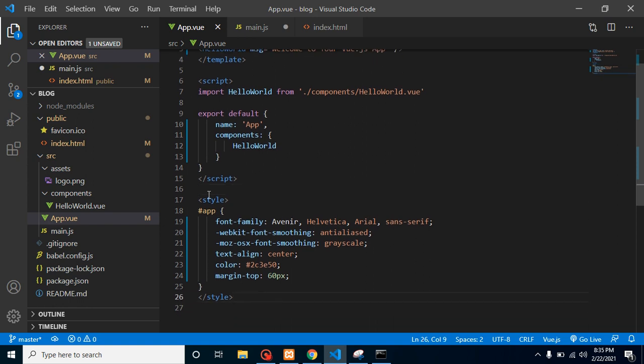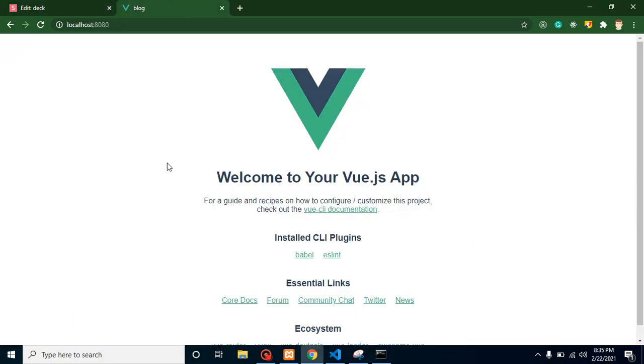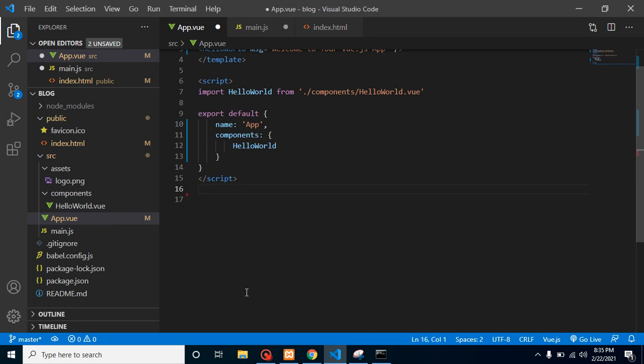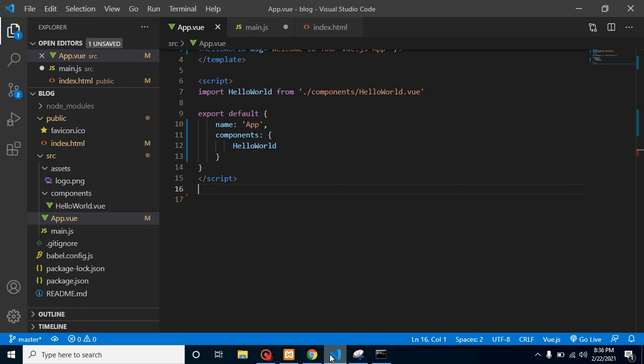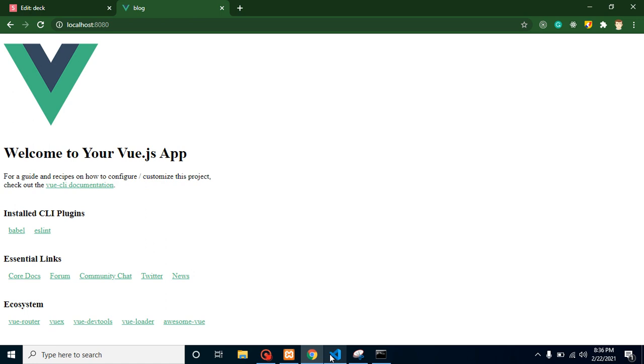Here we will write our style, right? If you want to remove this style, then you can remove it here. So we will check the output here. Now this page is looking more beautiful, but whenever you remove this code, you will find that this code is shifted to the left side, because the code is just written to center our component.